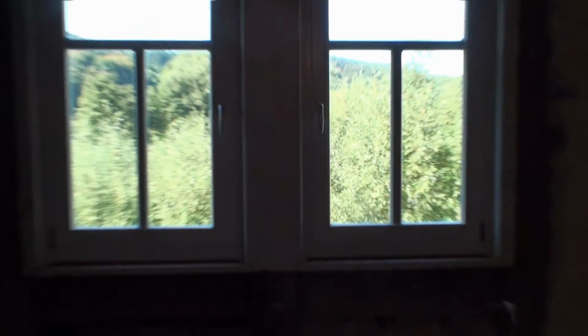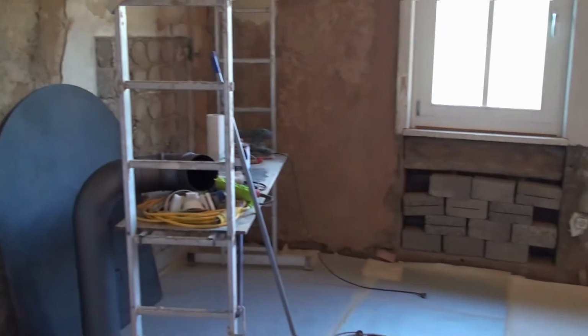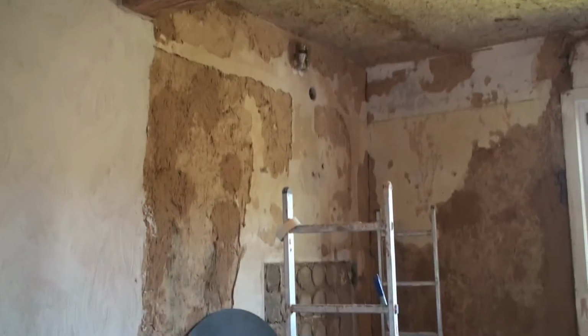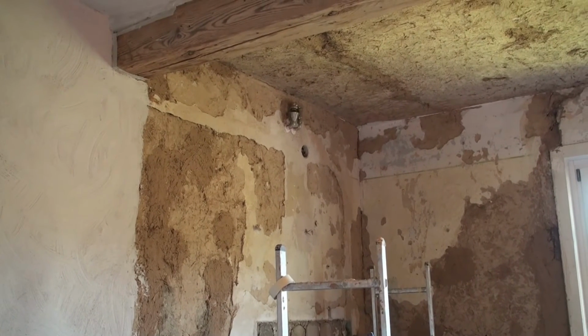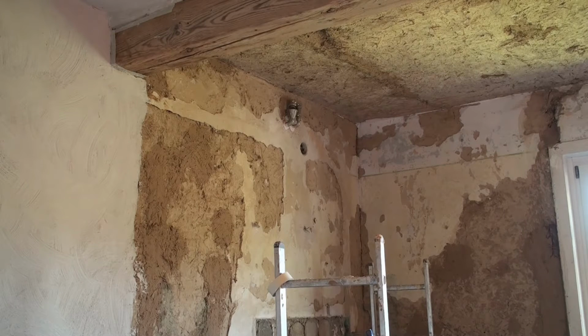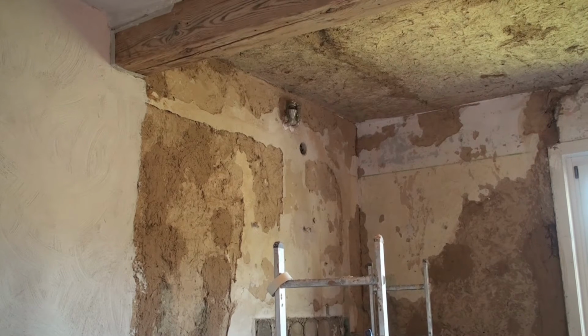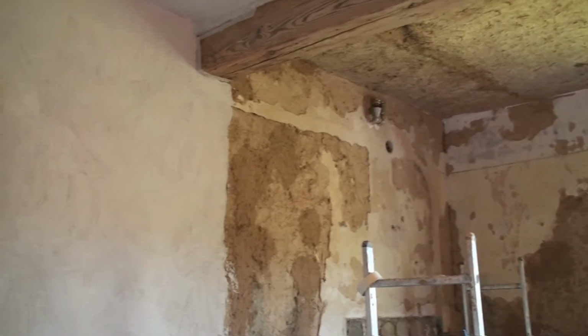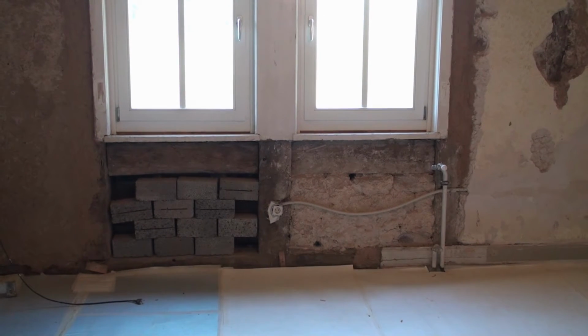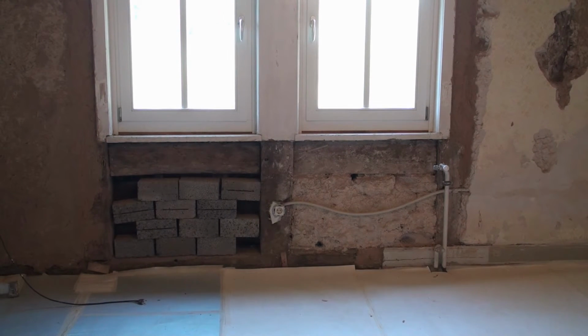And those of you who have watched our videos regularly will recognize this room. This is the library, the last room that is in this condition in our house and that we're working on regularly to try to finish. And one of the problems we have at the moment is it's becoming cooler. Today it's about 50 degrees Fahrenheit, so it's not bad, but it's going to become cooler, and we don't have